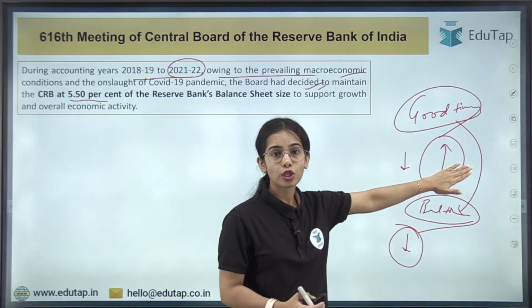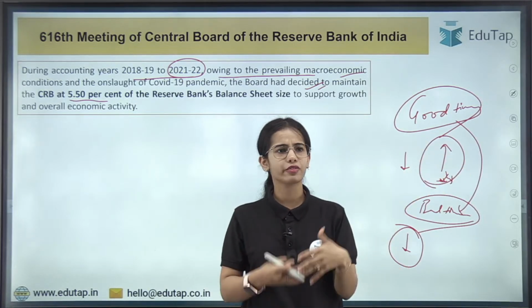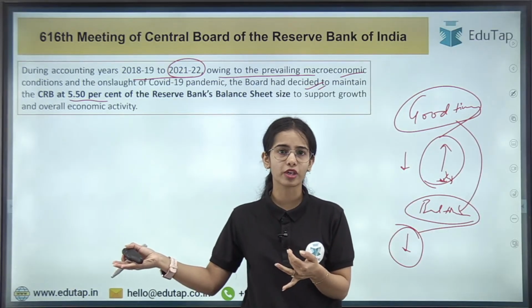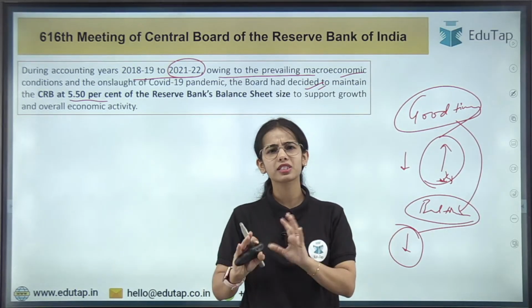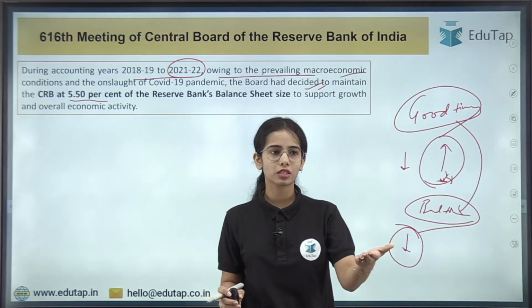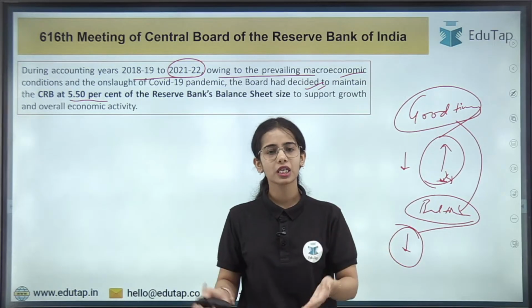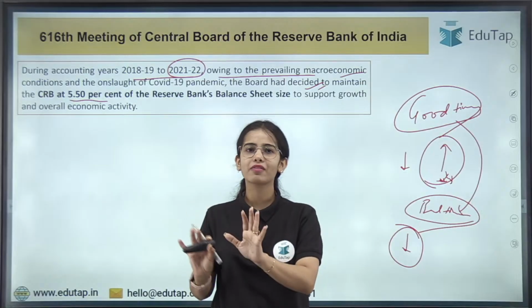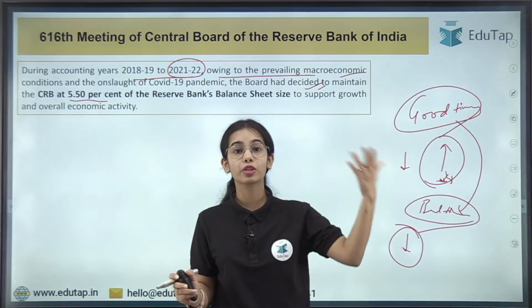Similarly, the RBI is also doing that. Right now the good times are there. COVID-19 has finished, the Russia-Ukraine war is not creating problems for us now, and the geopolitical situation is somewhat stable now. If you see the financial market of our country, the share market has started to revive. So you can understand that right now we have a stable situation as compared to the previous years.